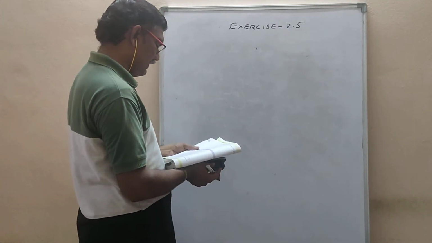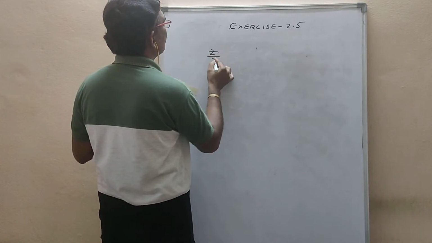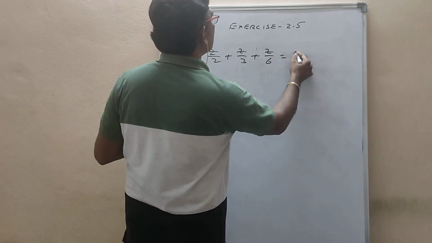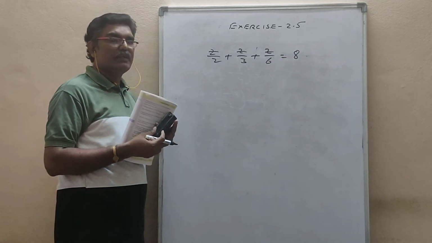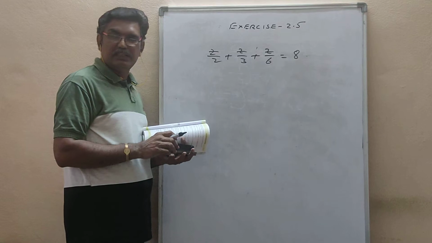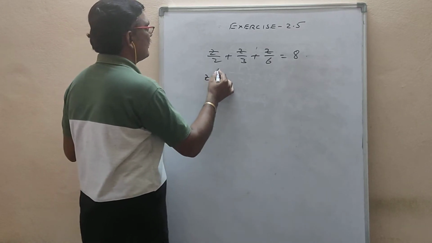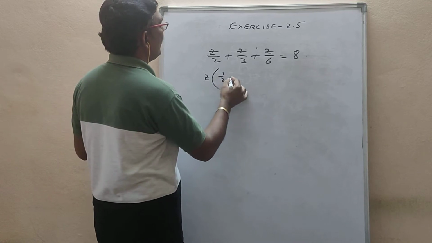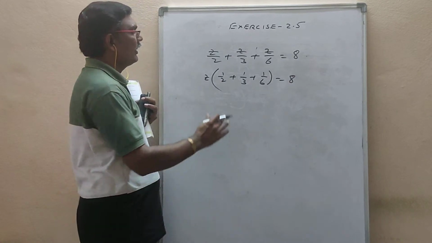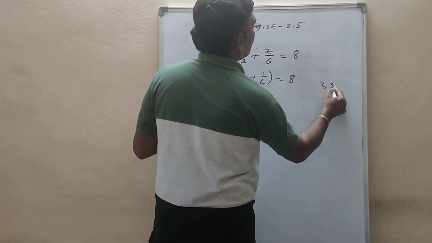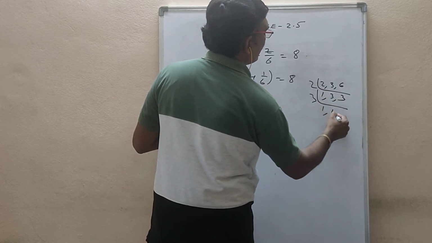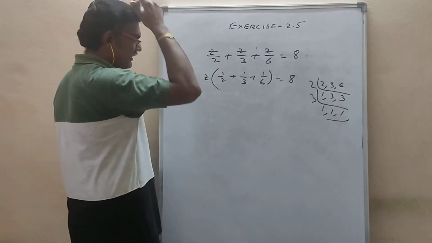In this problem, what you are seeing here is z by 2 plus z by 3 plus z by 6 is equal to 8. Same as before, now I said one easy method. In all numerators you have z or not. Instead of writing z that many times, you can take z as common. Then you will get 1 by 2 plus 1 by 3 plus 1 by 6 is equal to 8. Now take the LCM for 2, 3, 6. Read the 2 table, 3 table. So the LCM for 2, 3, 6 is 6 only.